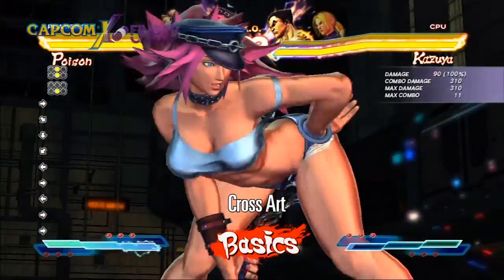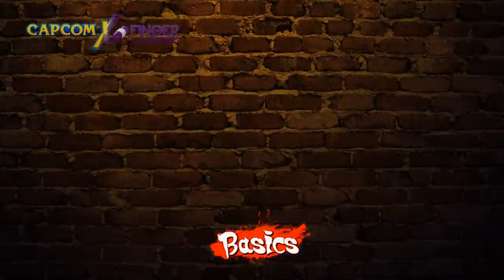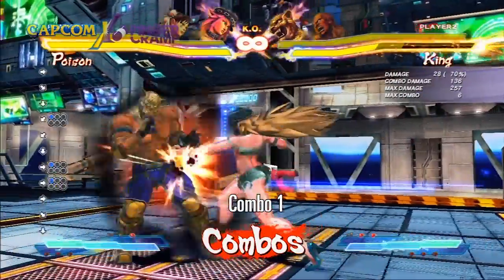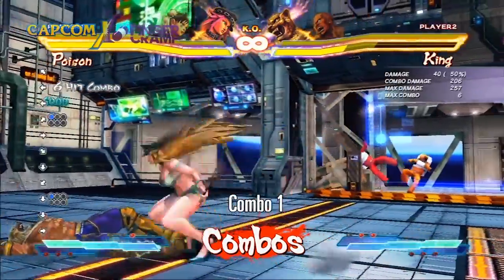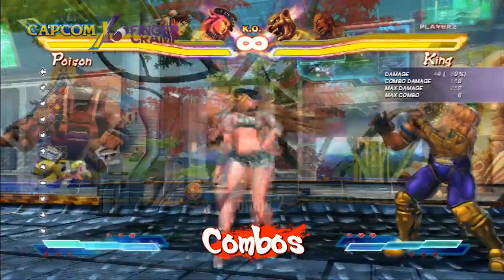Her Cross R, as you can see, is a physical attack, and she does some pretty mean stuff to her opponent. Alright, now let's get into her combos. So as you can see here, this is probably one of her best combos off her standing jab. Next is one from the Love Me Tender move, which is a move you're going to be spamming a lot